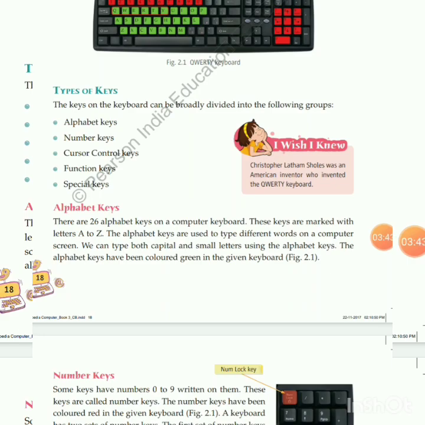We use alphabet keys. We can also type both capital and small letters using alphabet keys. If you see the picture, some keys are in green color. These green keys are which keys? Alphabet keys.